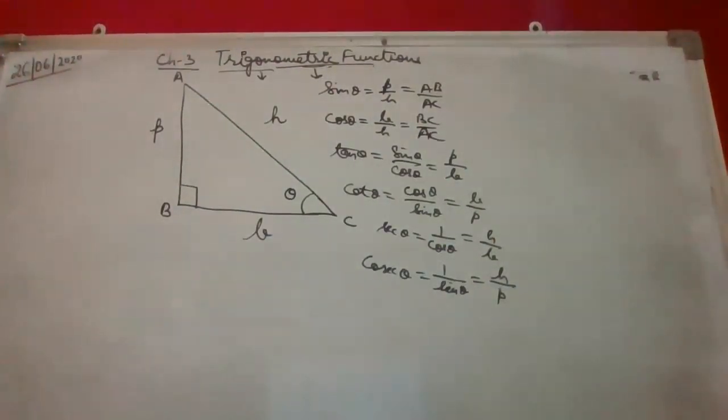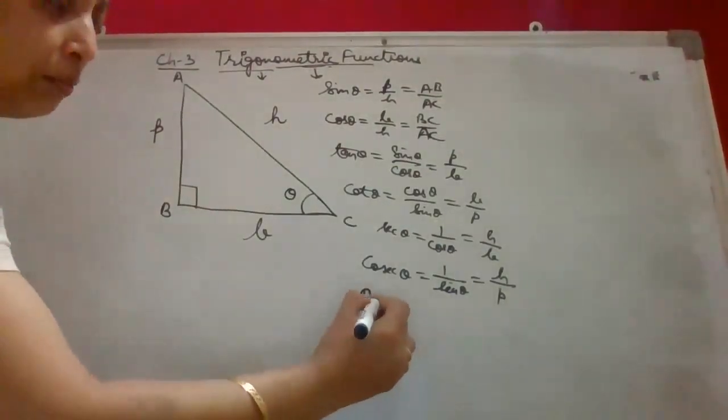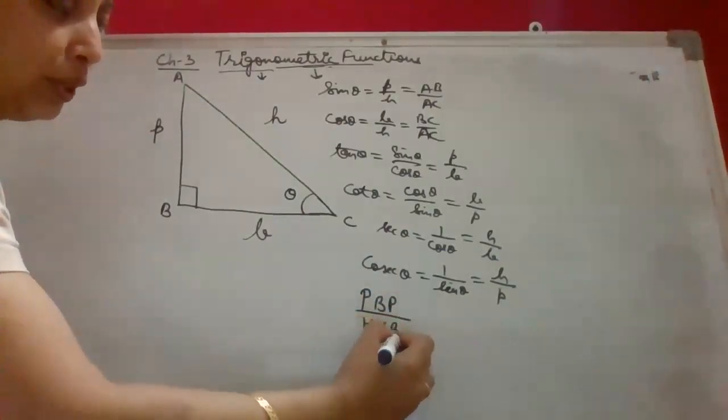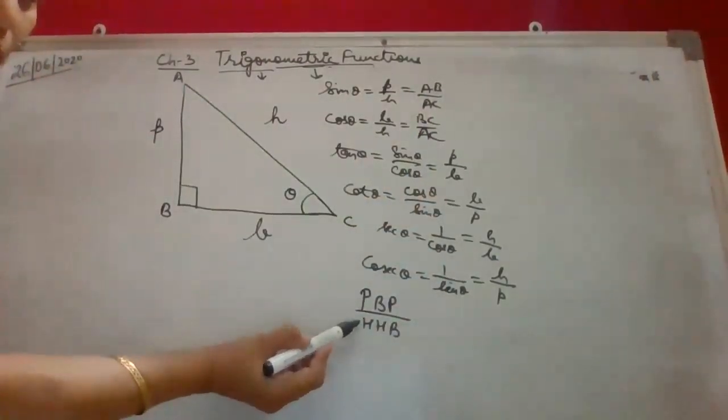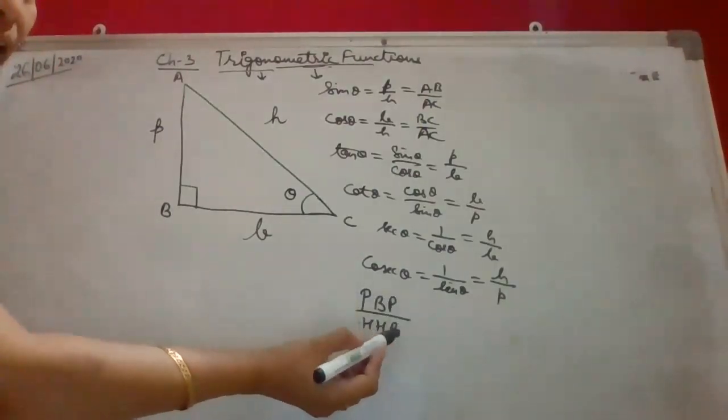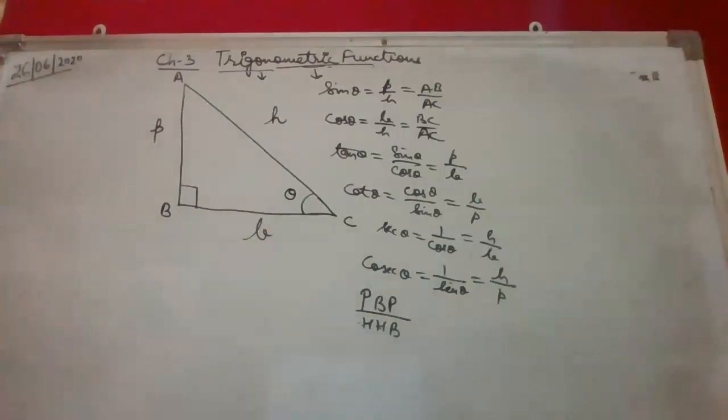Right, and you have learnt something to remember this, that is Pandit Badri Prasad Har Har Bole. That is perpendicular upon hypotenuse, sine, cos, tan, then cot, sec, cosec. Okay, we go like this. So this all we have learnt, and